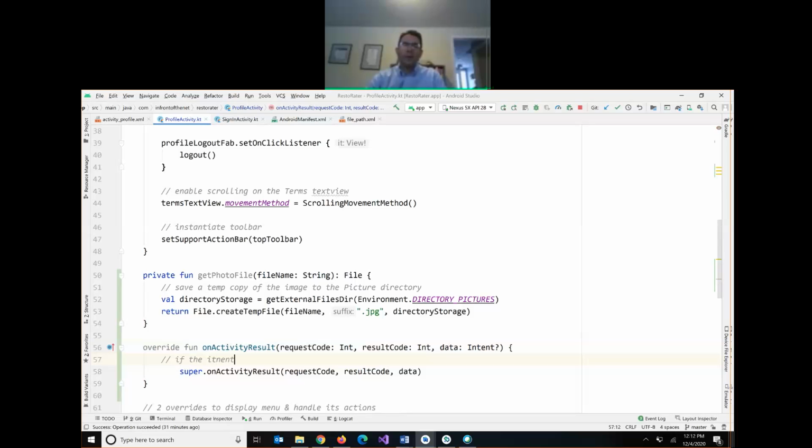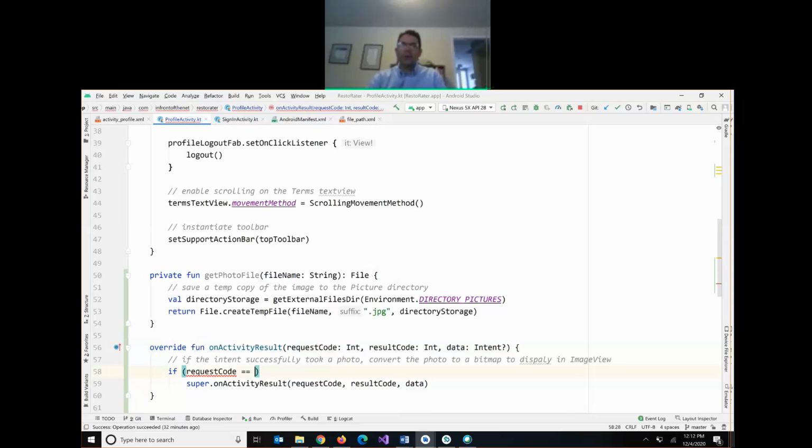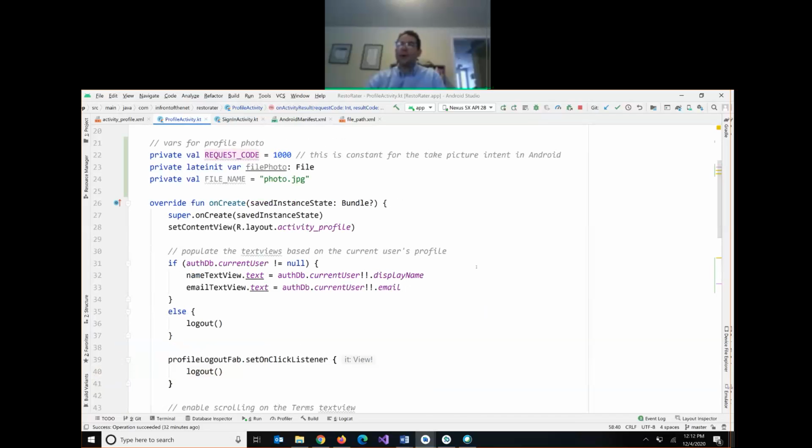So if the intent successfully took a photo, we want to convert the photo to a bitmap to display in the image view. So if our request code is equal to our, and this is where we're using our request code constant up above, so if the request was 1000, which is taking a photo,